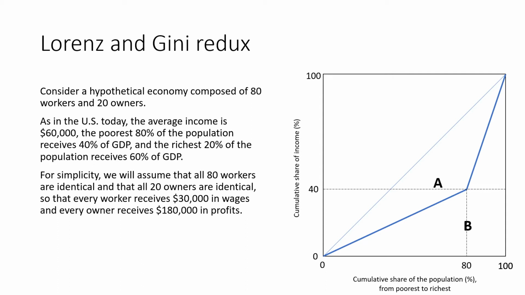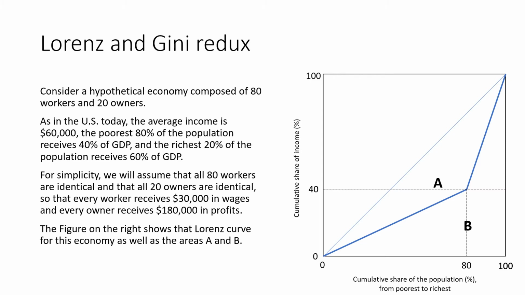And similarly, since 20% of the population is getting 60% of all the income, that means those owners are all receiving 3 times GDP per capita. Since GDP per capita is $60,000, they're each receiving $180,000 in this example. So the figure on the right shows a Lorenz curve for this economy, where we have workers here and owners there, as well as areas A and B, which we can use to calculate the Gini coefficient,